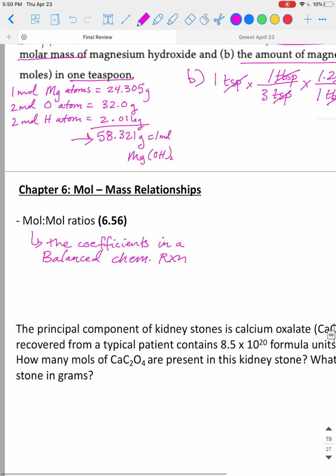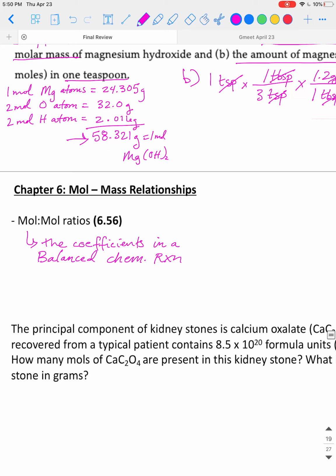in a balanced chemical reaction. For example, if we have this reaction right here, I know that hydrogen and nitrogen, they're both diatomic molecules, can react together to make ammonia, NH3. So if we balance this, put a 2 here, and then we're going to need a 3 here, and I think we're balanced. If we wanted a mole-to-mole ratio between hydrogen and ammonia, what this reaction says is that for